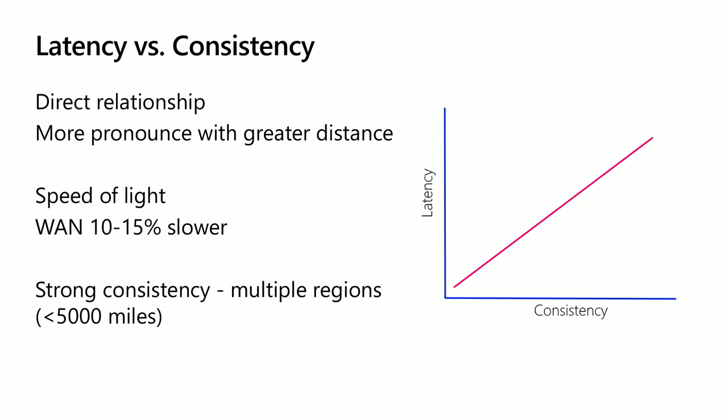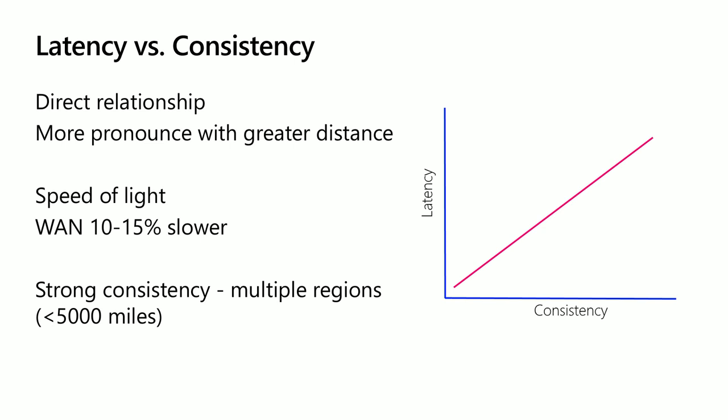Now, nothing goes faster than the speed of light, but networks or WANs don't really operate at that speed anyway, since you've got things like network switches and routers and other kinds of stuff. Your data is going to travel at about 10 to 15% slower than the speed of light. And in a distributed system, it's important to know what the latencies are between all the nodes, all the different applications that I've got in the regions they're in, so that you can understand what that latency is going to be